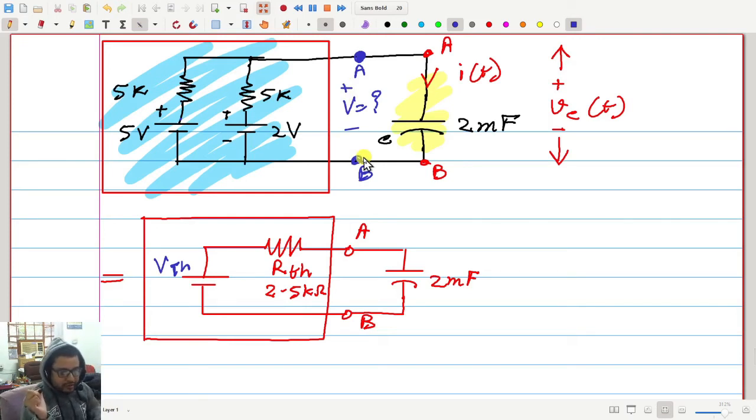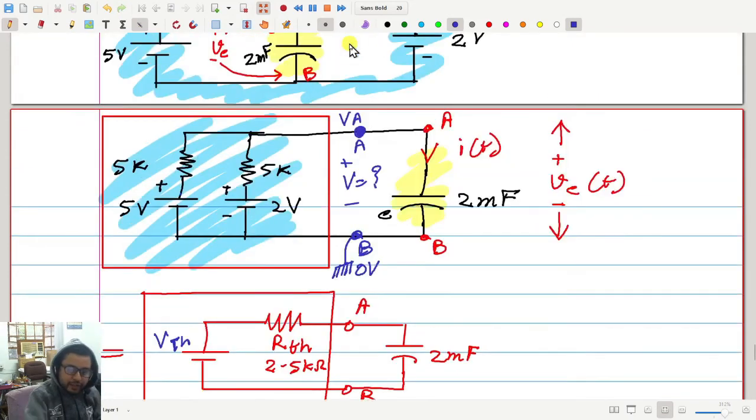So how will you calculate? One way to calculate is using a loop; you can do it in many different ways. Let me use the nodal method. For the sake of other students, let me assume this point to be at 0 volt, and let me assume this to be at VA, and that here nothing is connected outside.